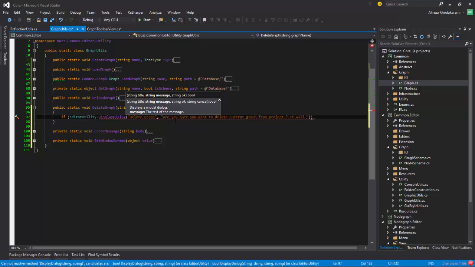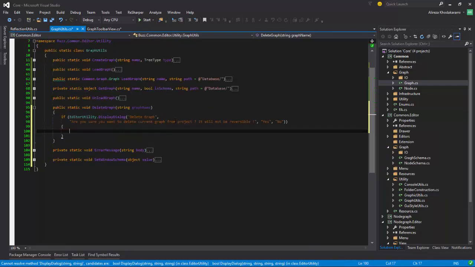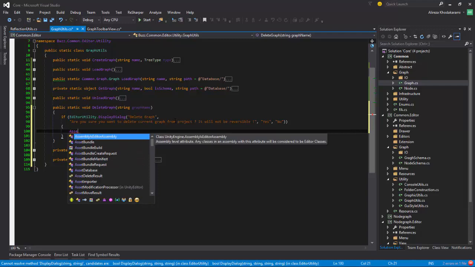It will not be reversible. Buttons, yes and no. So if we hit yes, we say AssetDatabase